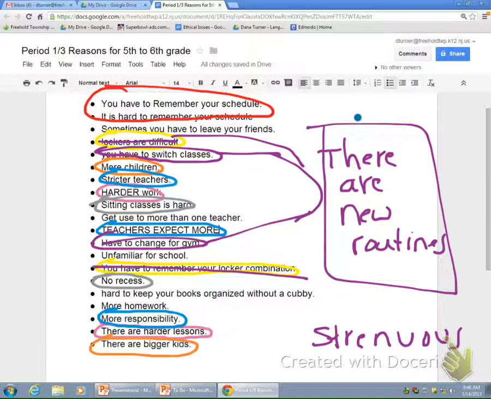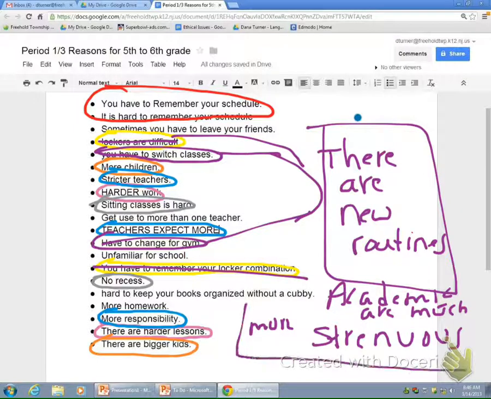So some of you said the academics are difficult. Okay, first you start off with the classes are harder. The classes are difficult. But we want to get more sophisticated. So instead, Adam said, all right, how about academics are much more strenuous. Yep. What does that mean, Bridget? You got it. So here's my first reason, here's my first way, here's my second way. So now, what would be a third way, based upon my combining?